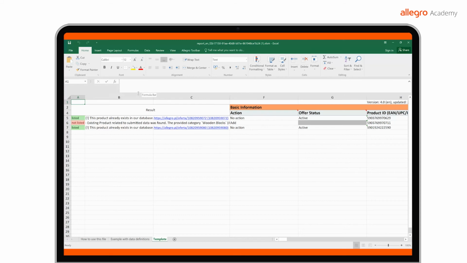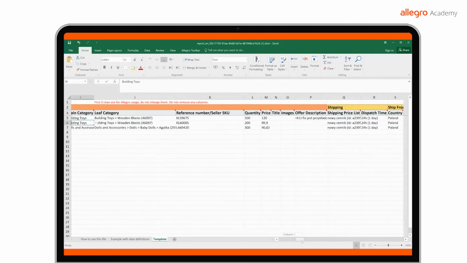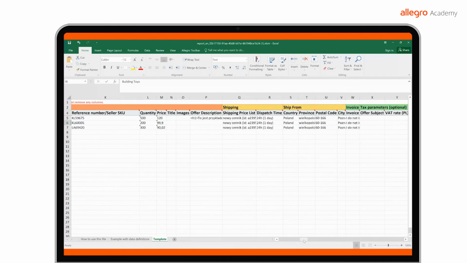You will see a new column, Result. This is where we will place information on how the offer has been processed, and if we need more information. Let us assume that we have not found some of the products you intend to list from this file in our catalog. No problem. If you complete the fields we have highlighted in the report, you can even easily list such offers. In such a case, pay attention to fields such as Offer Title,